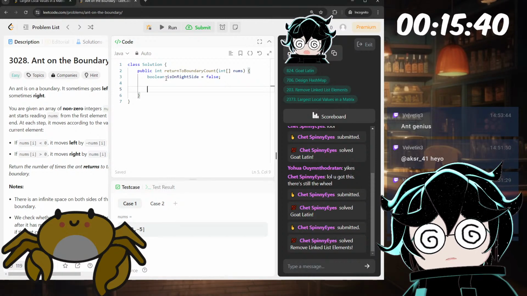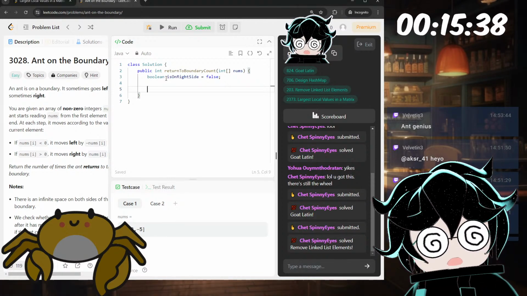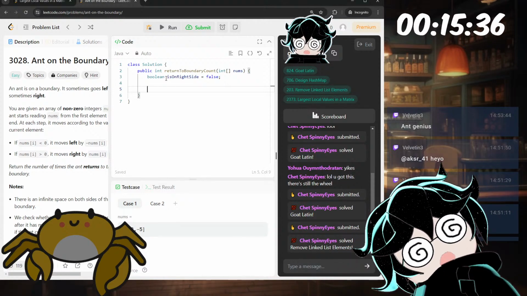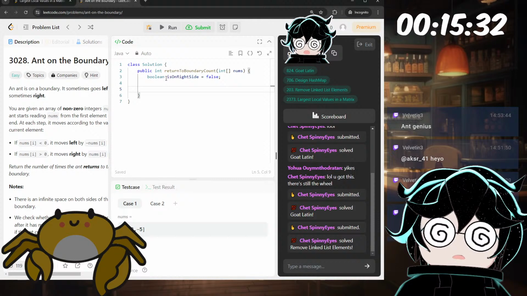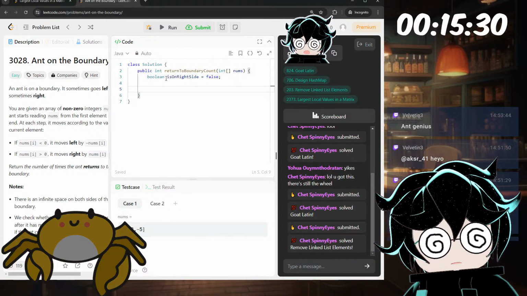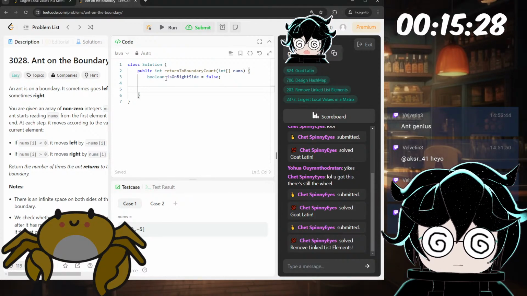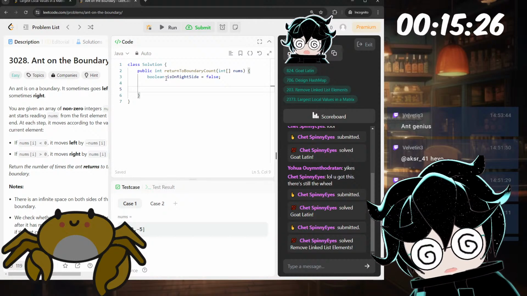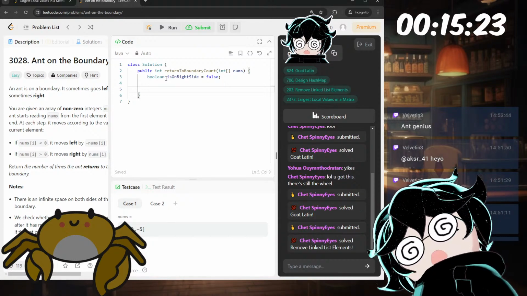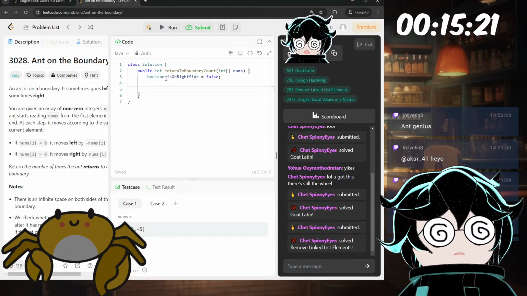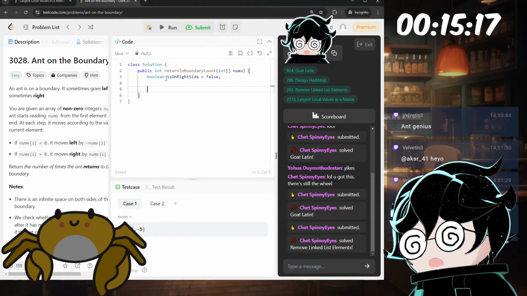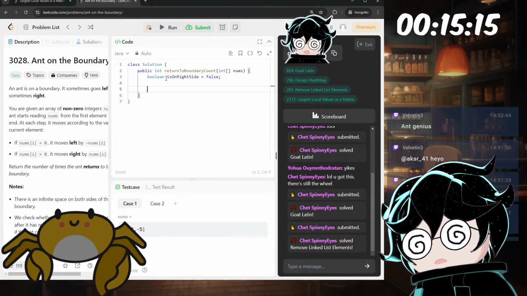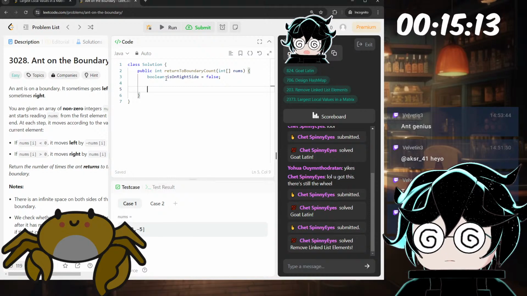And if it did, wait, what if it goes, so if it switched sides, or if it's on 0 again, then it counts as a boundary switch, I guess. Yeah. All right. Or if the previous side was negative and we go to positive, then it switched sides. All right.